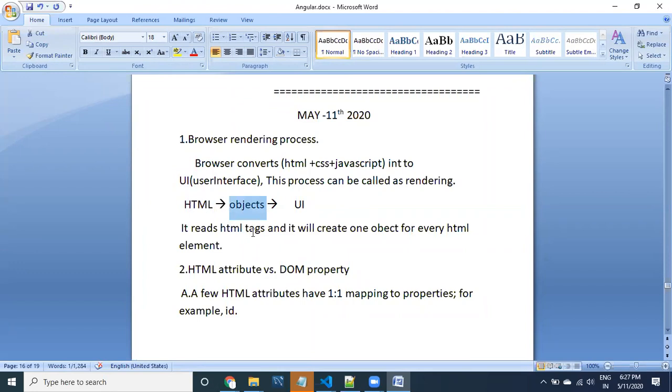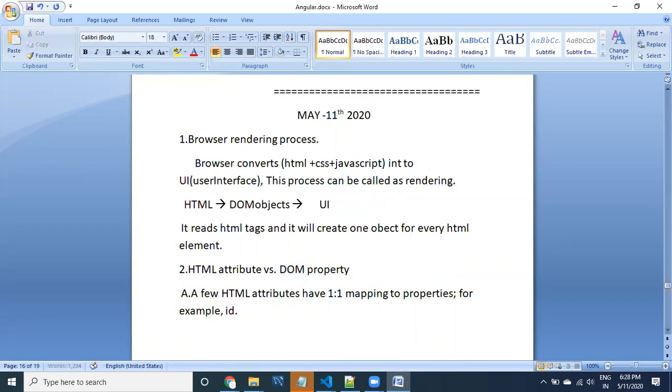All objects related to HTML are going to be placed into one big object that can be called the DOM. DOM means it contains all objects, where every object is related to one HTML tag. DOM stands for document object model.